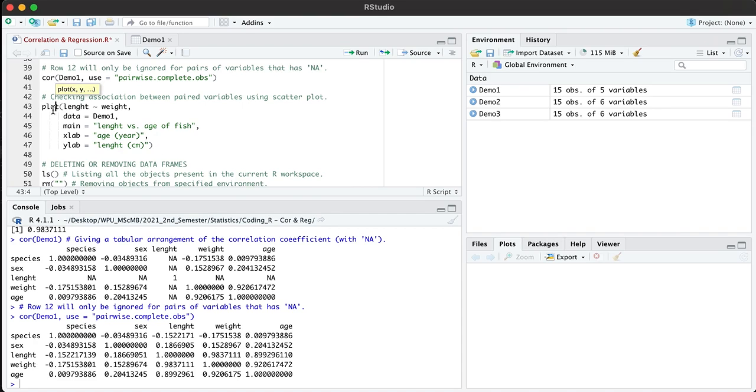So we can use the function plot and then open and close parentheses and just put in this information over here. The length and weight are the two variables that we want to measure the relationship of. And the data is the name of the data set. The main here is just the name that we want to give our scatter plot. The xlab is the name of the x-axis, and ylab is the name of the y-axis. So if I run this one,